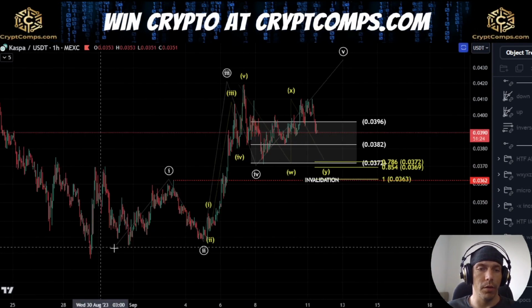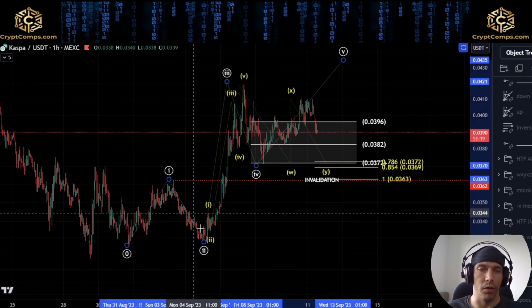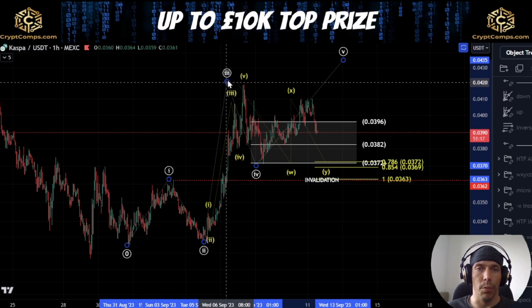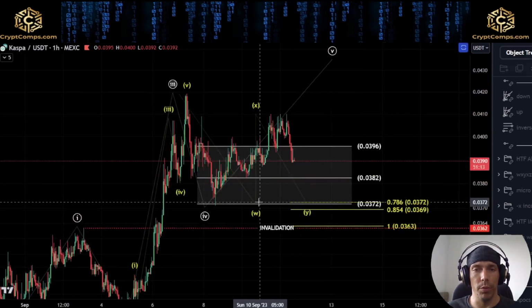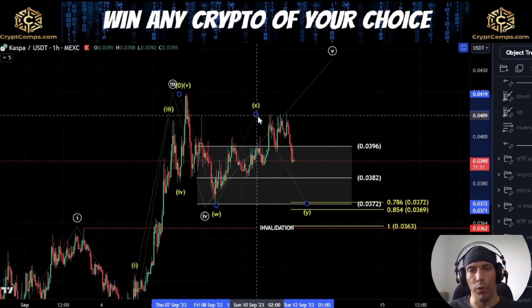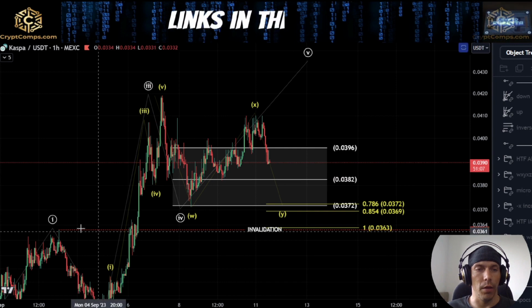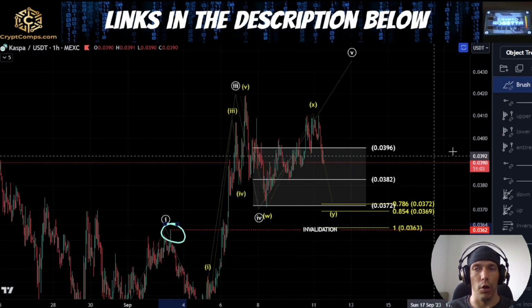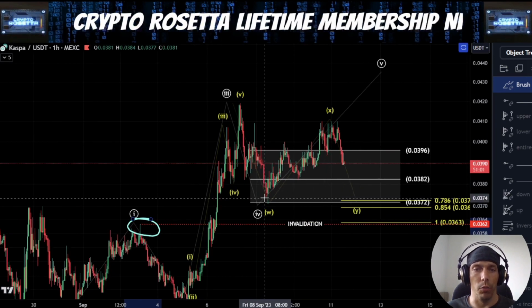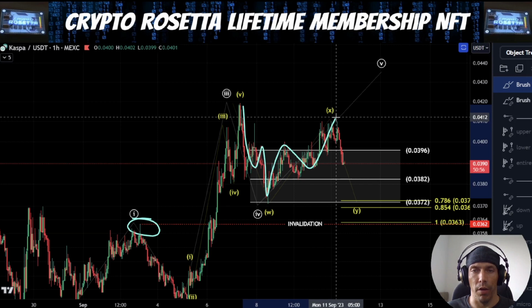Now, the other way we can discuss this is potentially, like I said, we could look at this as a diagonal, in which case this is 1, 2, 3 up into this high here. And then what we are looking for is the possibility here that this whole move could still be in a corrective structure. Now, this is why I'm saying here, in this case, invalidation only comes at this 0362. So this is lower than the other count. And what we would be saying here is that this is a three-wave move down. We have a three-wave move up.